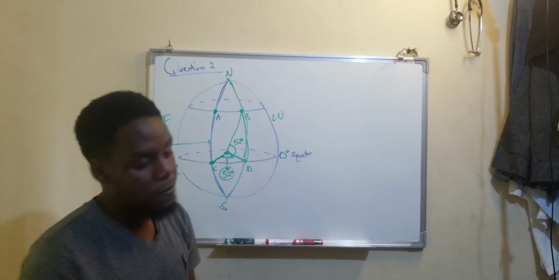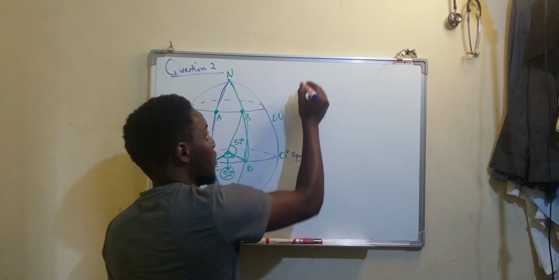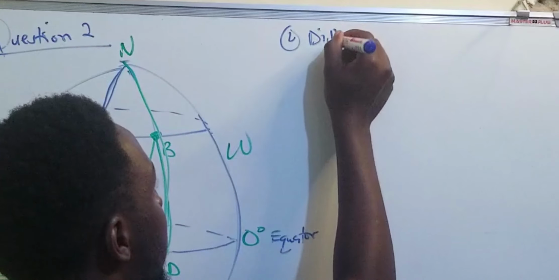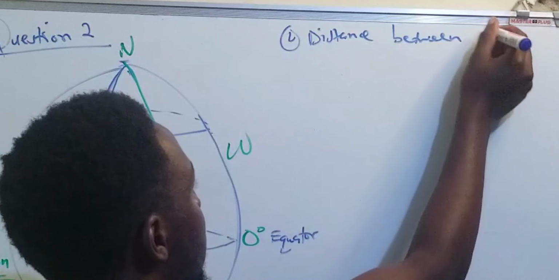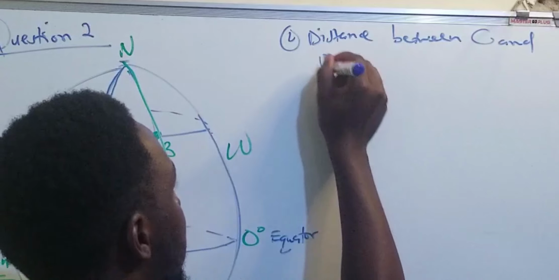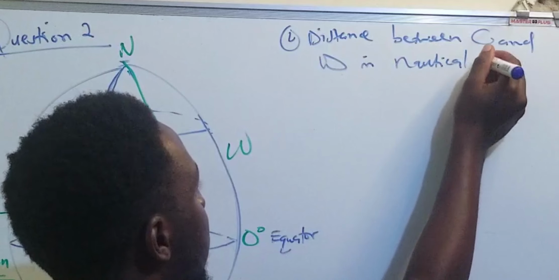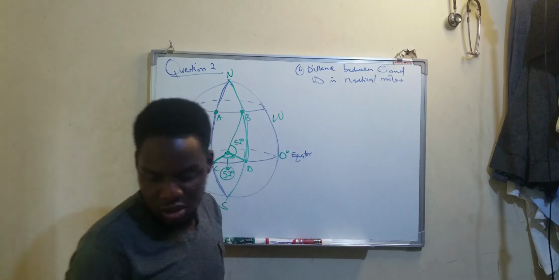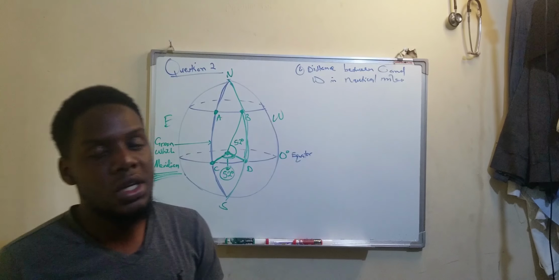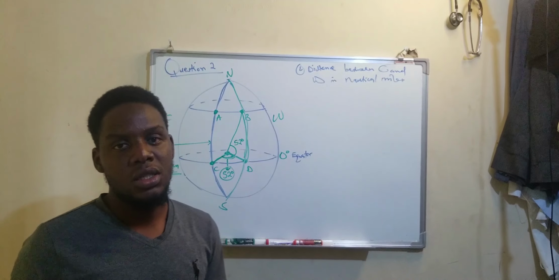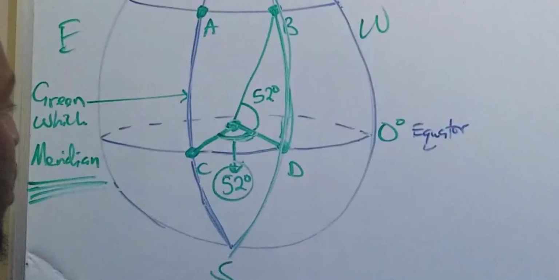Okay, so now what we're going to look at is the second question, which tells us to find the distance between C and D in nautical miles. Telling us to find the distance between C and D in nautical miles. Now, what I said before finding the distance is that first look at where C and D lie. C and D lie